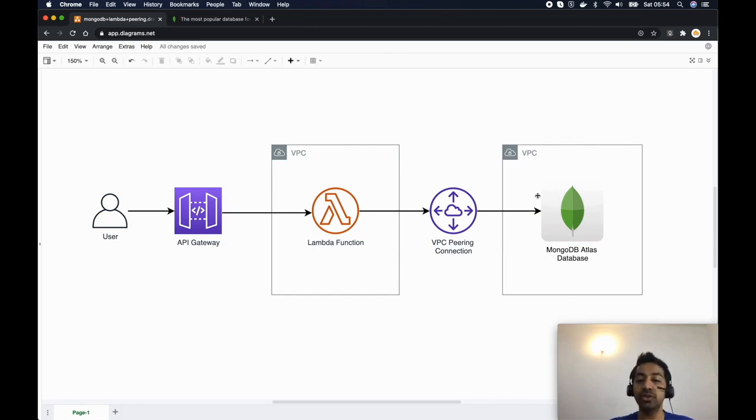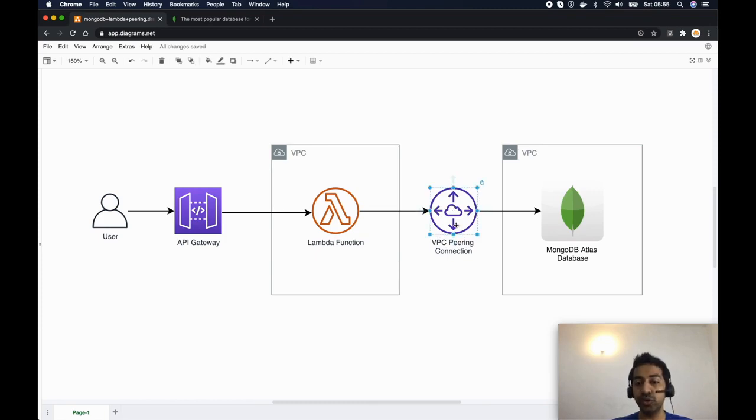So how are we going to secure this connection? One thing is, instead of communicating with this MongoDB Atlas database over internet, we can use a VPC peering connection. When we use a VPC peering connection guys, all the network traffic will go through the AWS backbone network. So it is not communicating over internet, thereby it is not vulnerable to any internet attacks. So that's what we are going to implement really.